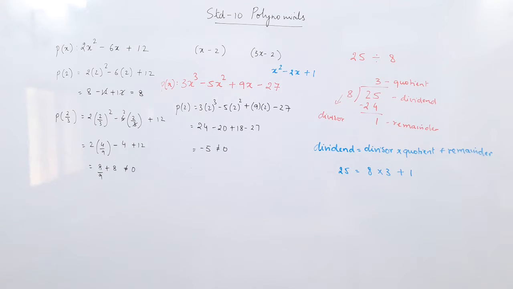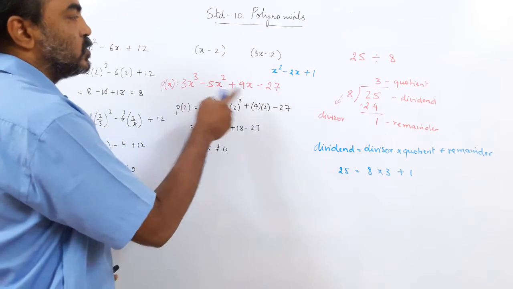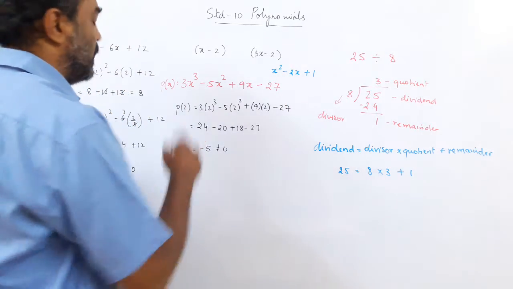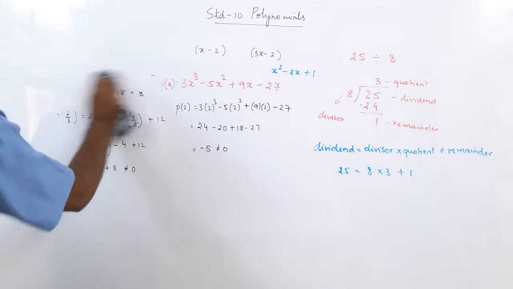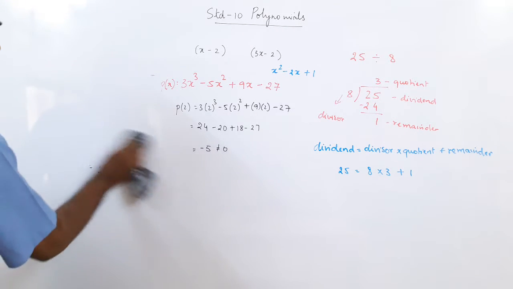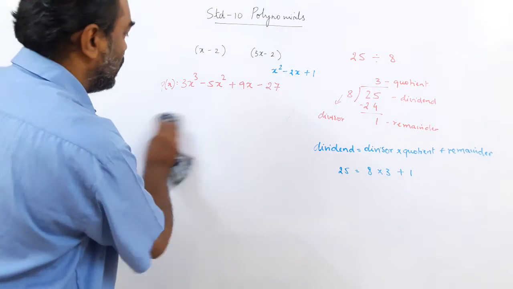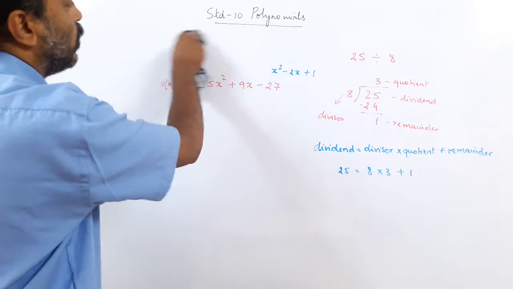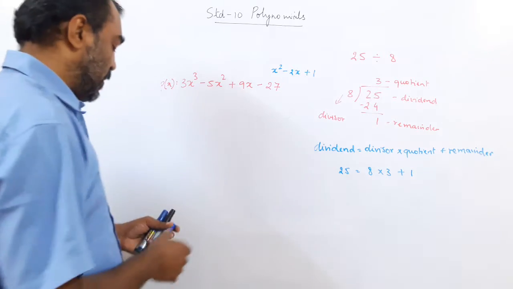So here we do not have any direct way to find out if this is divisible. Okay? There are two things we can do. We can use the long division method, which we are just going to work out, to see whether it is a factor or not. So how do we go by the long division method? We'll just see. And there is one other way we can try out, and that would be to first find out the factors of this and then apply it here.